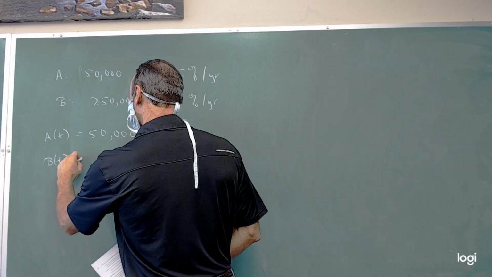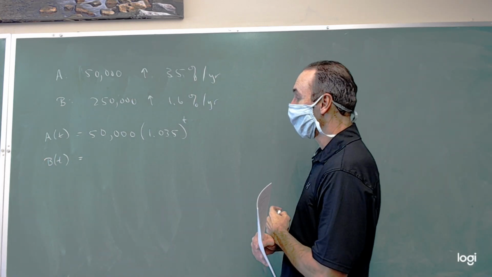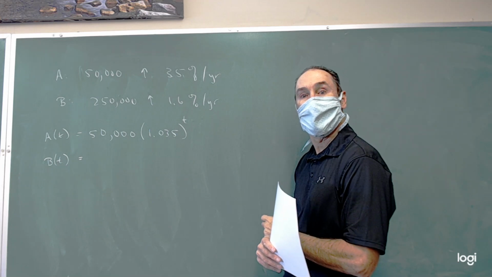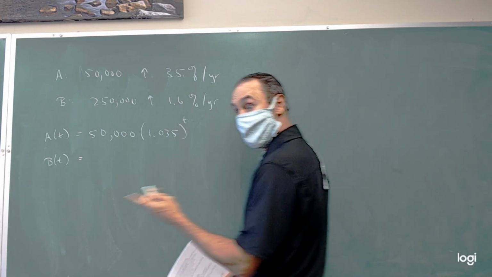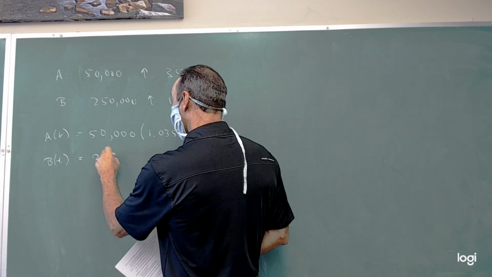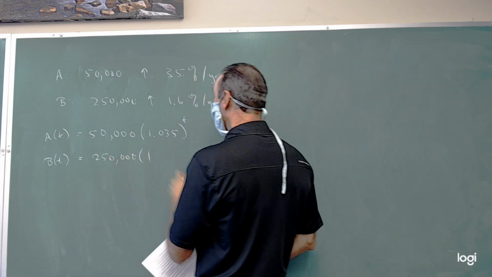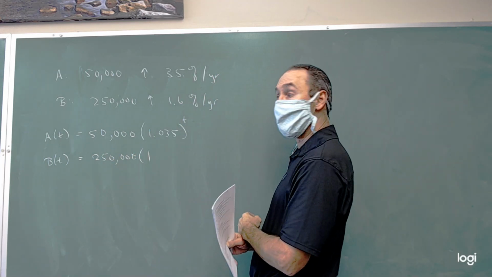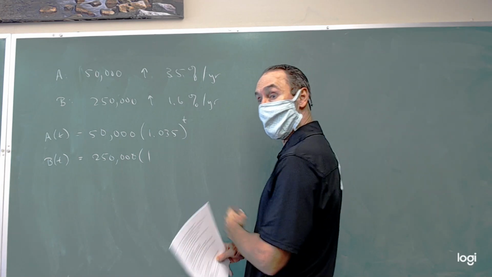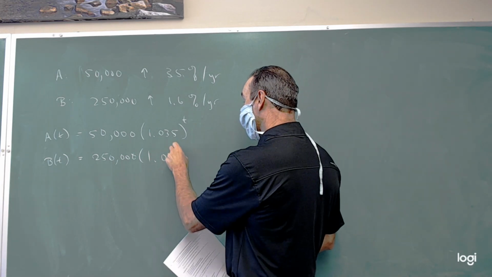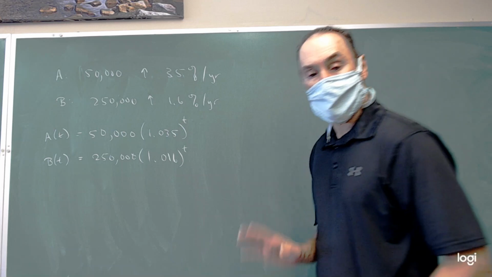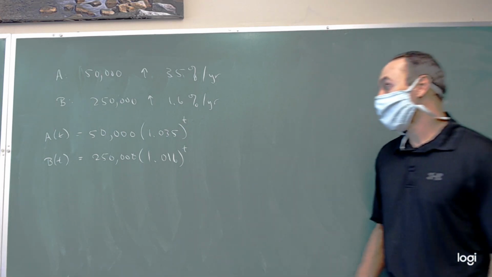B of T is, I think the weekend is coming here. That's going to equal 250,000 times 1.016 to the T. Now, one way you can do this is, like we talked about before,